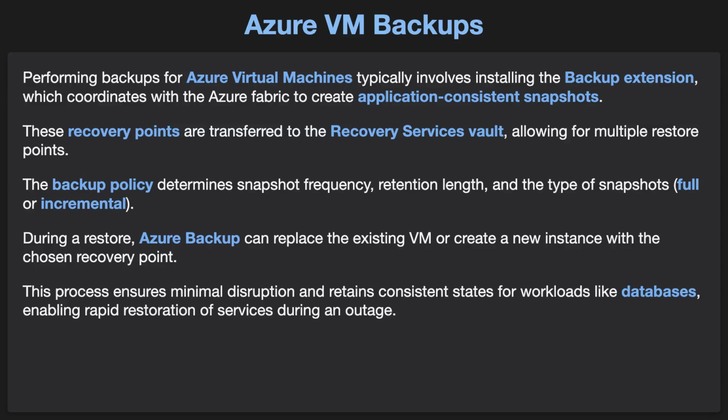Performing backups for Azure virtual machines typically involves installing the backup extension, which coordinates with the Azure Fabric to create application-consistent snapshots. These recovery points are transferred to the Recovery Services Vault, allowing for multiple restore points. The backup policy determines snapshot frequency, retention length, and the type of snapshots, full or incremental. During a restore, Azure Backup can replace the existing VM or create a new instance with the chosen recovery point. This process ensures minimal disruption and retains consistent states for workloads like databases, enabling rapid restoration of services during an